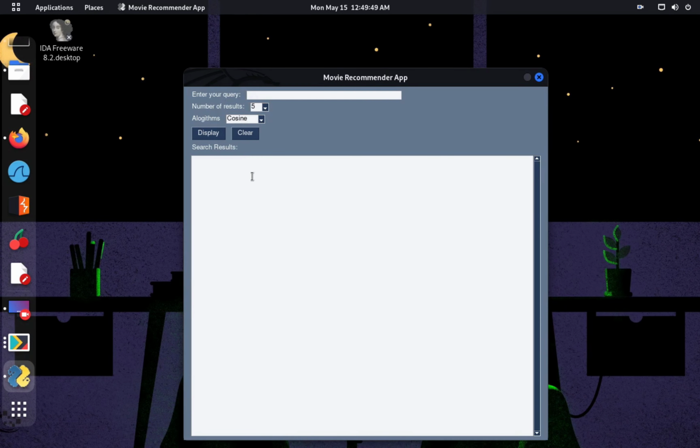Okay, let's just straightaway dive into the demonstration of the program. We all know the story of Batman and the movie called Batman. If you are working in a file system or in a file manager, if you search for any files, that program searches for the file using a keyword. But this program does not work like that. It understands the user's query. We can type a description of the movie, and it recommends the movies that come into the category. For example, if you type